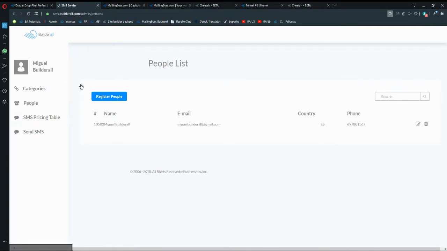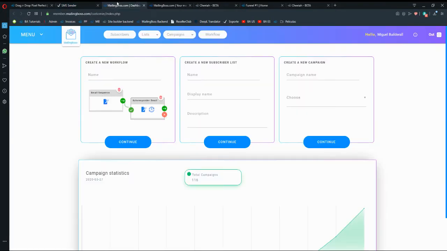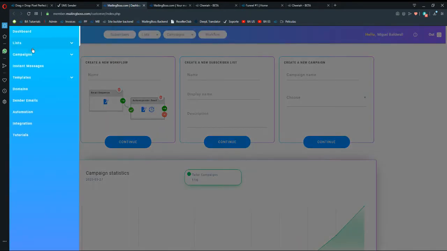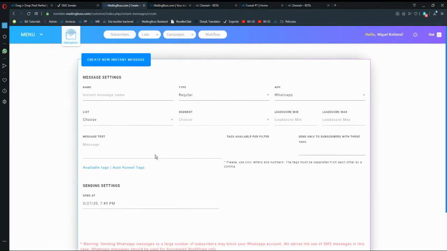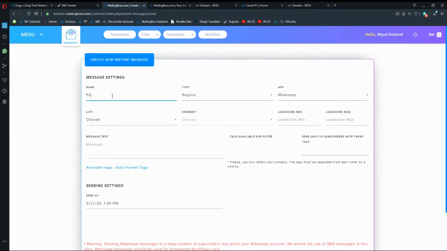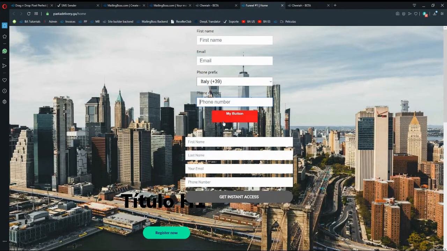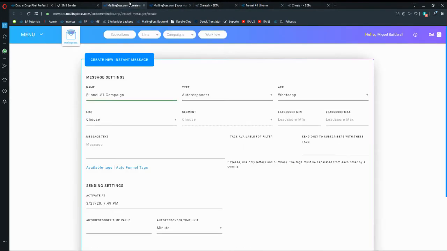But you cannot create funnels or connected desks into MailingBoss. Instead, we need to go into MailingBoss and go to menu. There we have instant messages. We're gonna click on instant messages and we're gonna create a new one. The first name will be number one campaign. Regular it will be autoresponder, because in the meanwhile people are getting from my funnel, they will be receiving